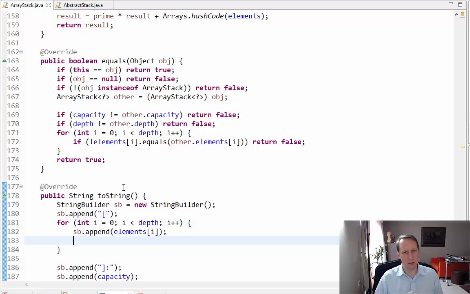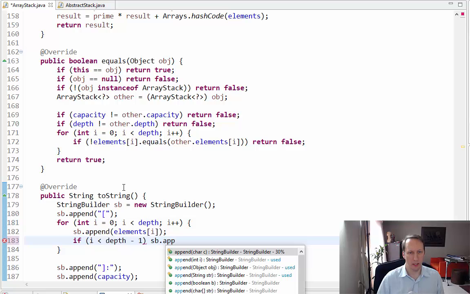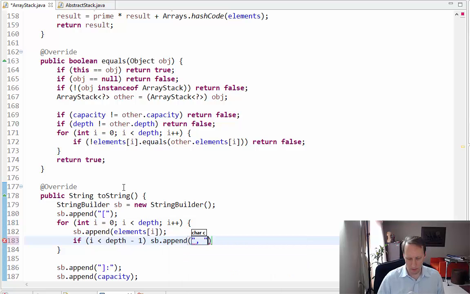Okay, and now I need to append a comma and a space as long as I haven't just added the last element. And the last element will be added when i equals depth minus 1. So I want to say if i is strictly less than depth minus 1, SB append comma space,